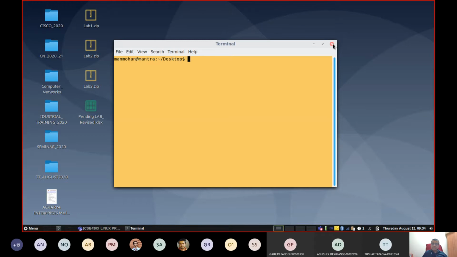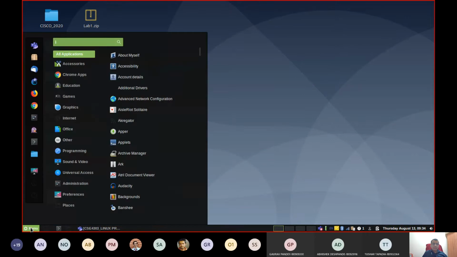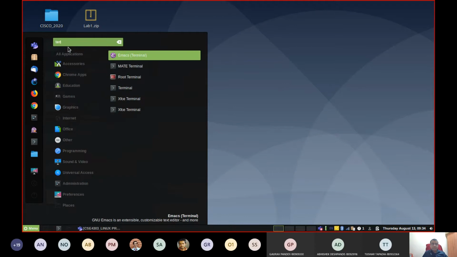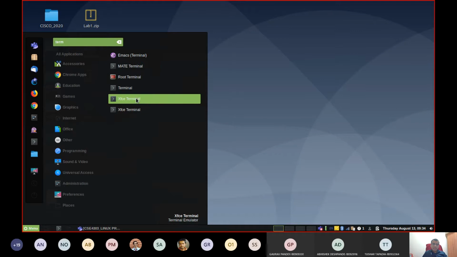Similarly, another option is that you can go to the menu from your operating system, where in the search you can type terminal. Whenever you type terminal, there are multiple options on my desktop as of now. One is called the mate terminal, root terminal, and different versions, different implementations of the terminal software, which will give you access to the shell, and there you can type various commands.